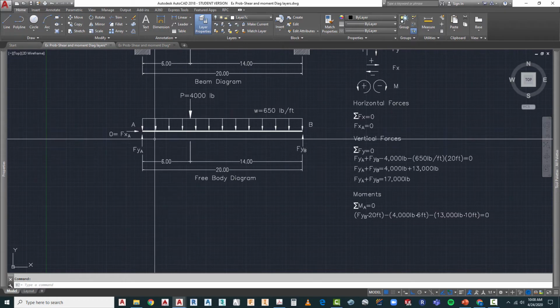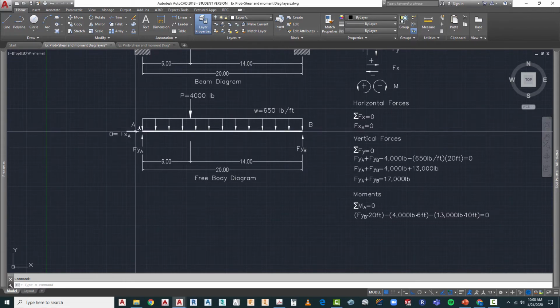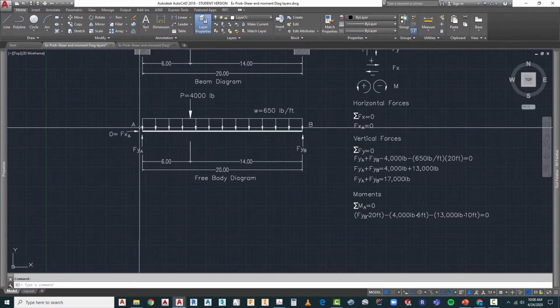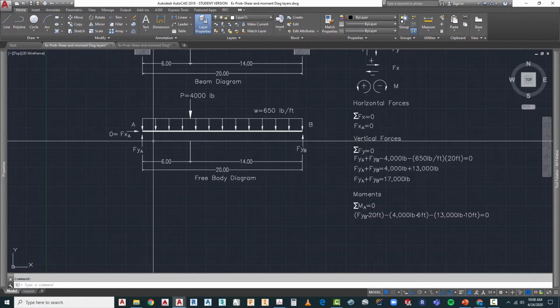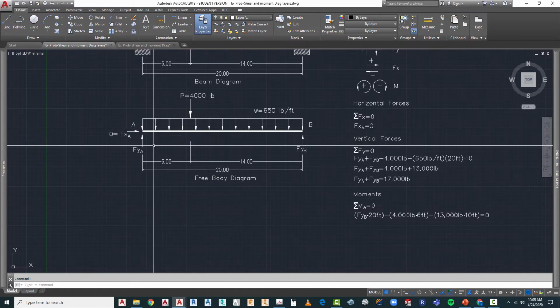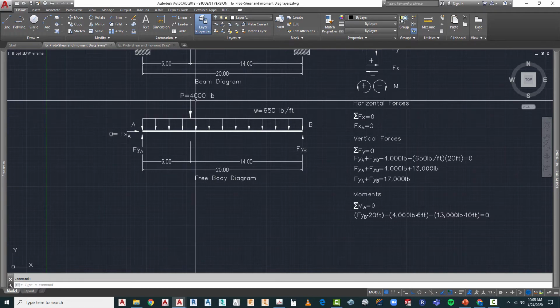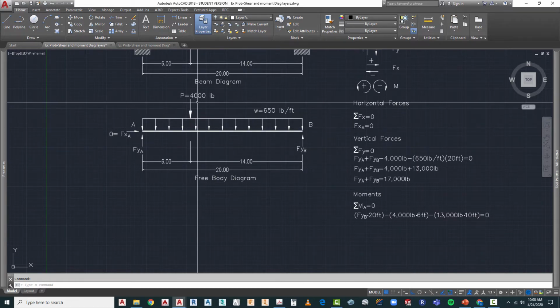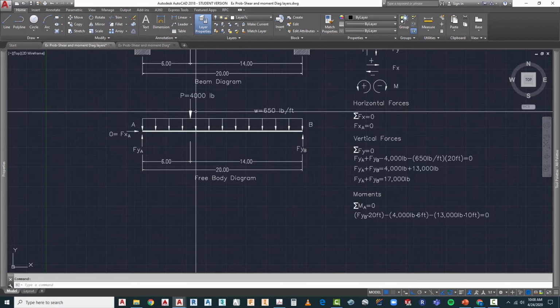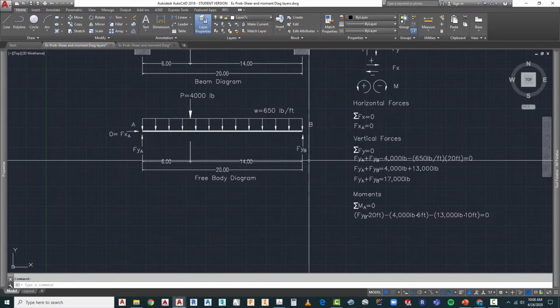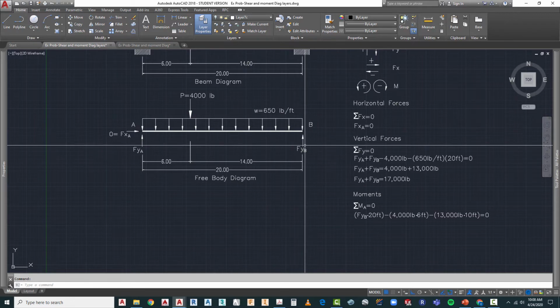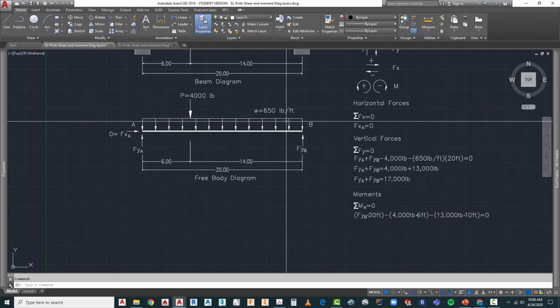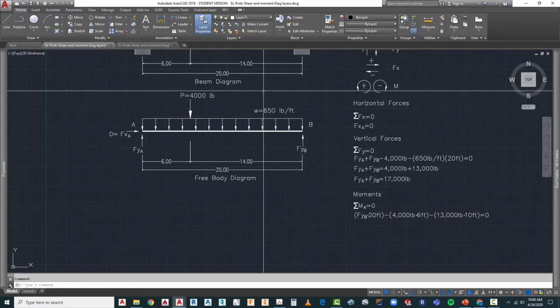A good way of looking at this is if you were to put your finger on point A and hold it down, which direction would the beam be turning? Because of the 4,000 pound load, it would be turning clockwise. And our reaction at Fyb would be pushing the beam up, which would be rotating it counterclockwise,